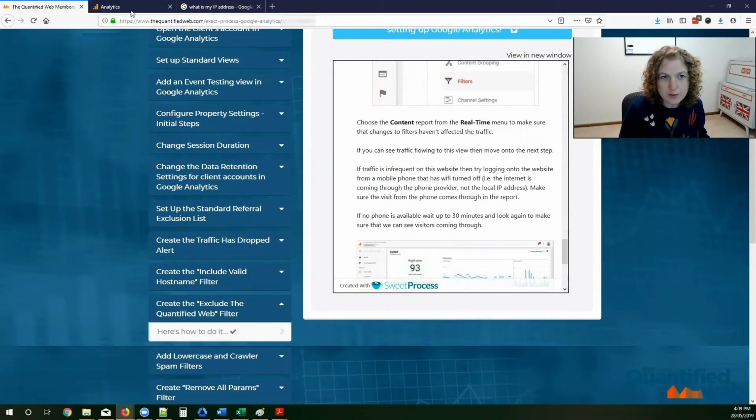Basically, if traffic's infrequent and it says 0, then try logging on a mobile phone, but it must have the Wi-Fi turned off. So the internet has to be coming through a different IP address, not the one that your computer is using. And in order to make sure that the filter is fine, we do need to make sure that some traffic is coming through. So we want to make sure that the traffic from the phone is coming through. All right, so I'm doing it now. I'm turning off my Wi-Fi. So I've just turned that off. And now if I go to the website,